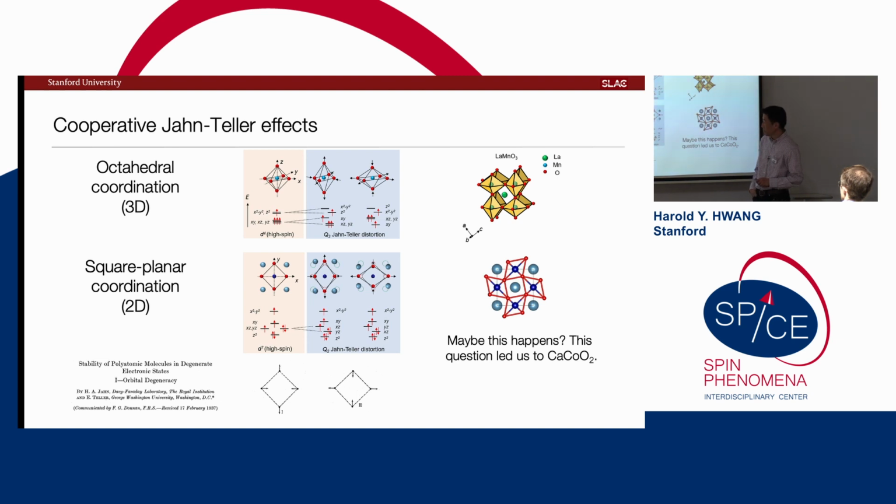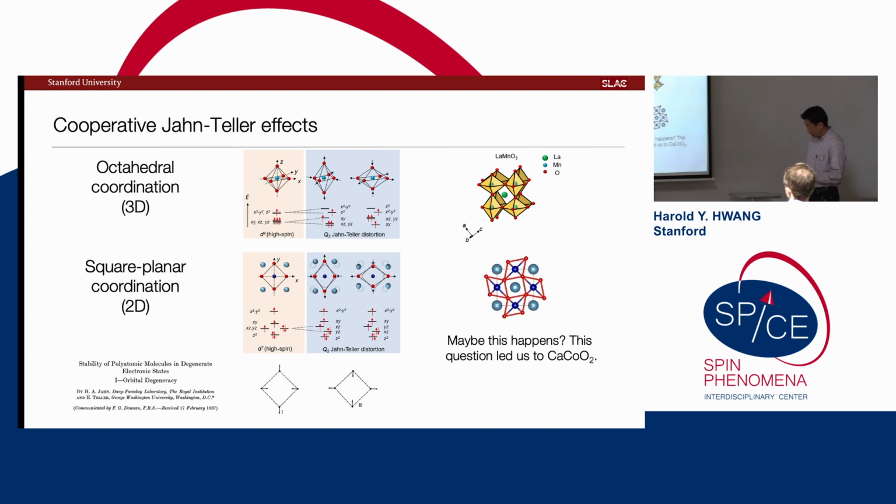Right? Of course, even in the very first Jahn-Teller paper, this was one of the canonical kind of cases that they were talking about. But as far as I know, this hasn't really ever been seen experimentally in a clean planar geometry. So this is what we were naively thinking about. Maybe we're going to do a 2D version of this. And to make a long story short, to try to come up with this led us to calcium cobalt O2.